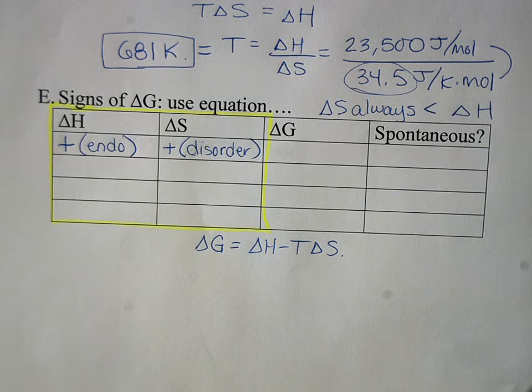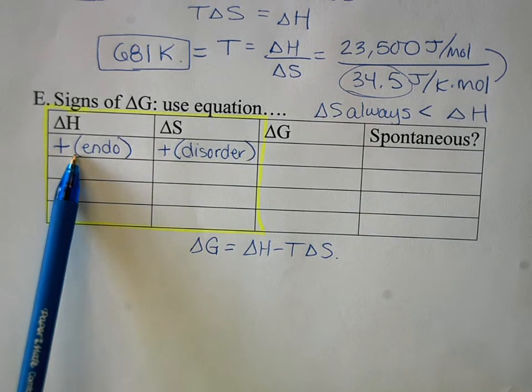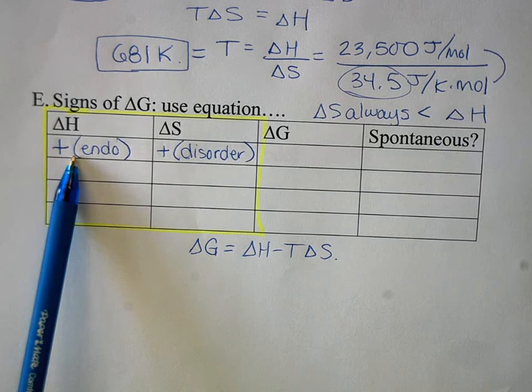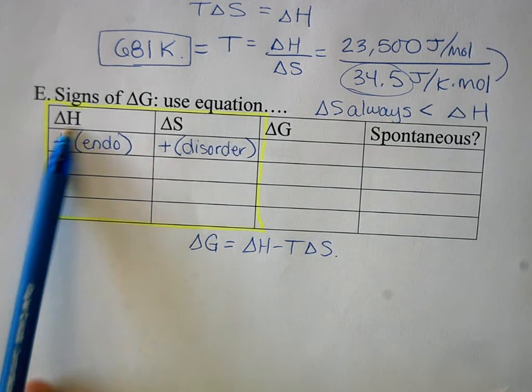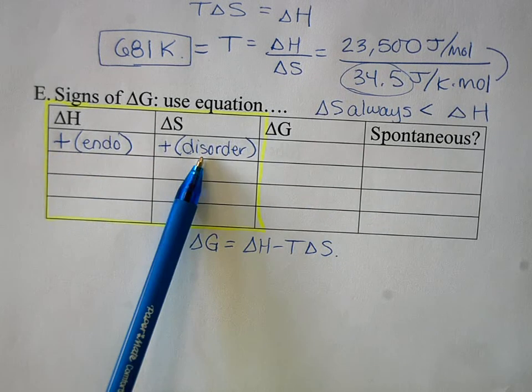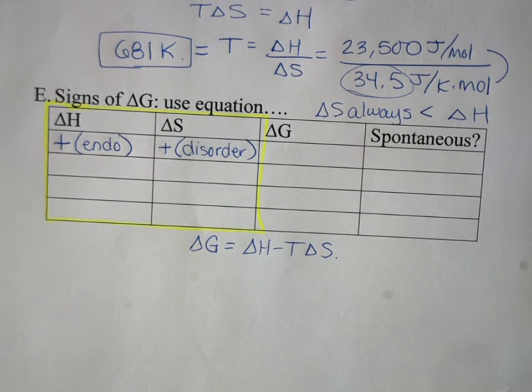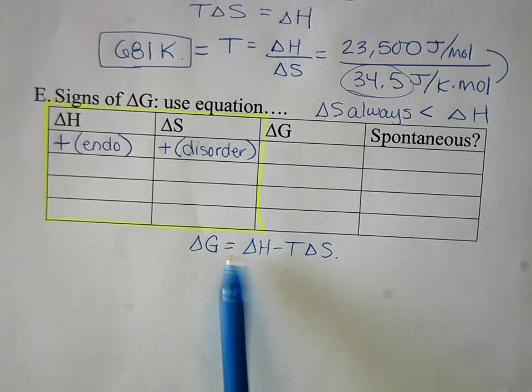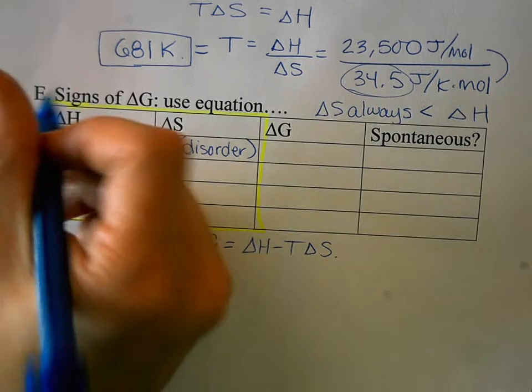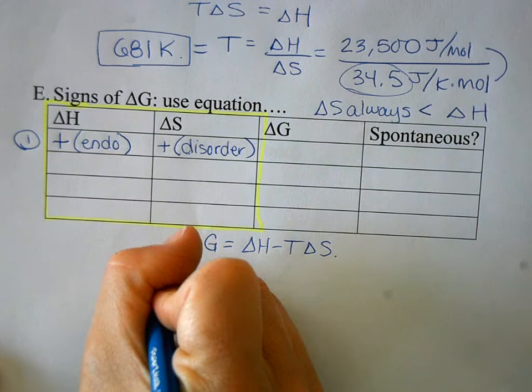Now, if I look at those things separately, I know that endothermic reactions aren't favorable. They're not spontaneous because you have to add heat to them. That's an outside influence. So that wouldn't be spontaneous by itself. But increasing disorder, that is spontaneous by itself. So when you have these two things combined together, is it spontaneous or not? So I need to look at if I plugged in positive numbers for all of these things. I'll make this number 1 just so we can refer to it down here.